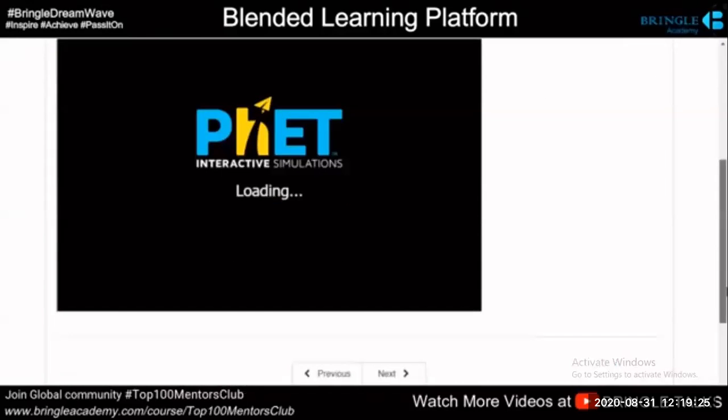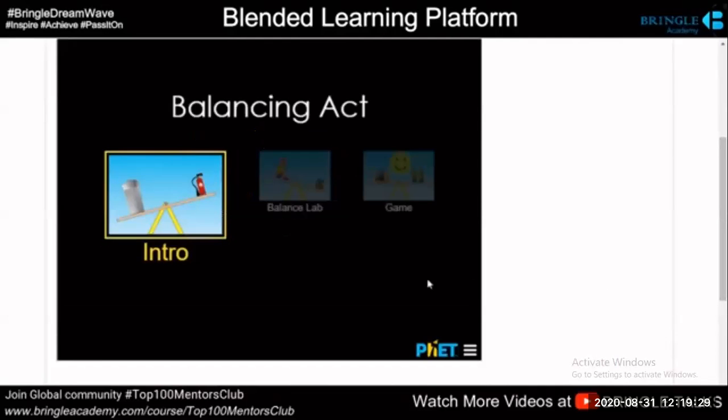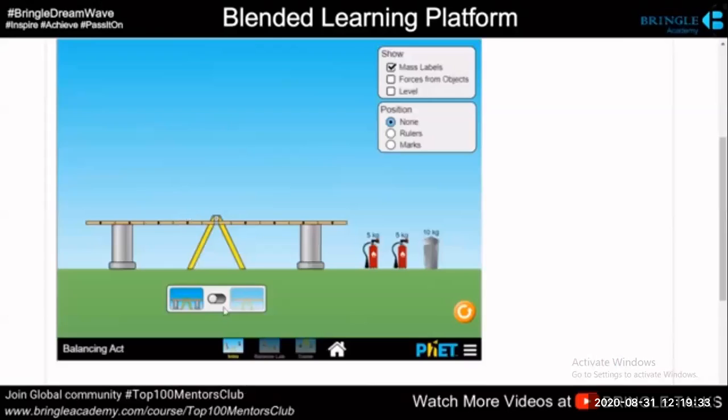Or you may want to give a learning resource from the public domain, say for example PhET simulations. You want the learners to play around with these simulations like how we are seeing here. Let's say you're talking about center of gravity, and you want the learners to experience the center of gravity through the balancing act.